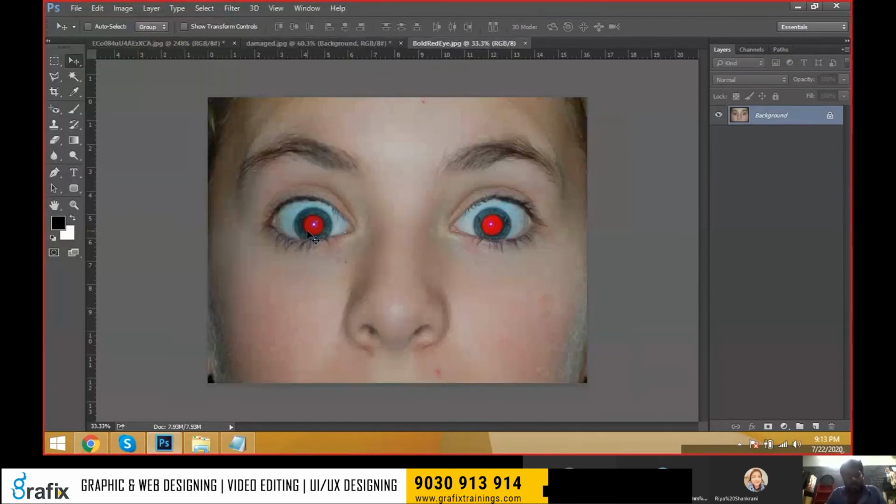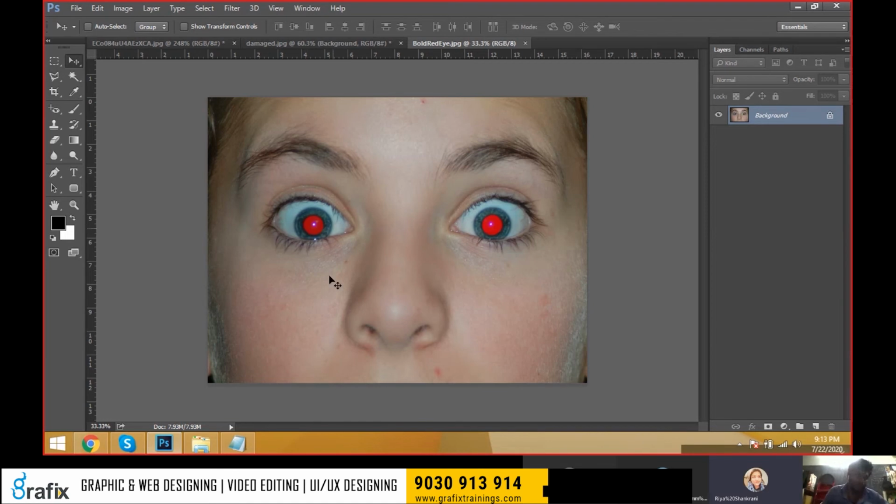Okay, sir, how does red eye come directly in the photograph? Why does it come in the photos? When you take night photographs, when you take a camera in the night time in night mode, then automatically the light reflection will flow on the eye, then automatically the eye will be reddish. Not only in outside places, in home also, when you're taking a photograph with a camera, the light reflection with a flash automatically flows into the eyelid, and the reflection will flow as a red eye,